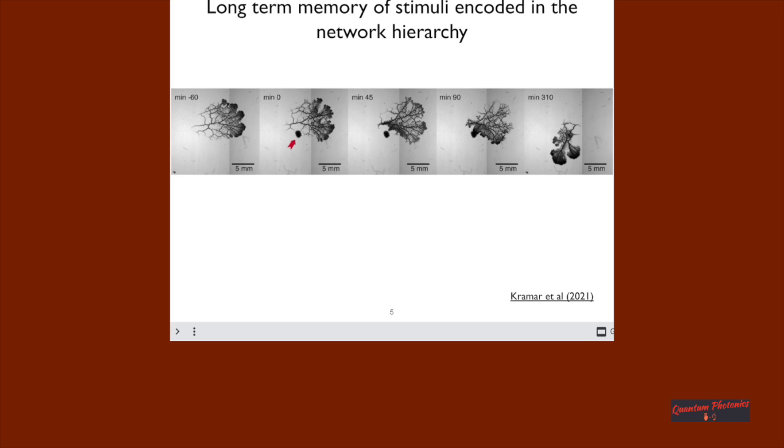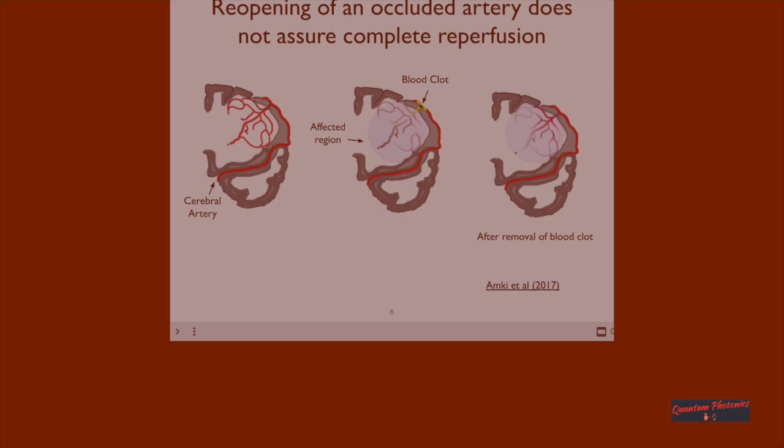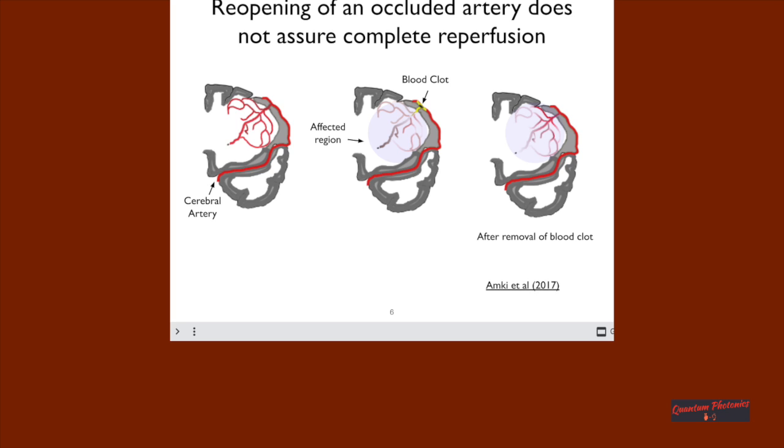If you go to slide 6, I have created a schematic which shows the after effect of a stroke in the brain microvasculature. What happens is that in brain microvasculature, if a blood clot blocks the cerebral artery, which creates an ischemic stroke in the brain microvasculature by blocking the blood flow